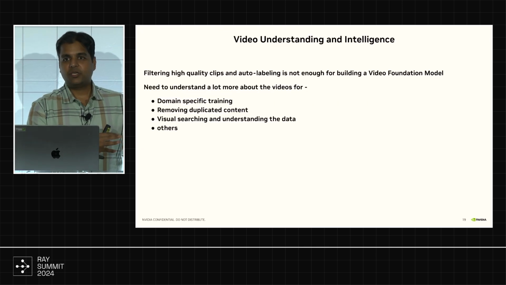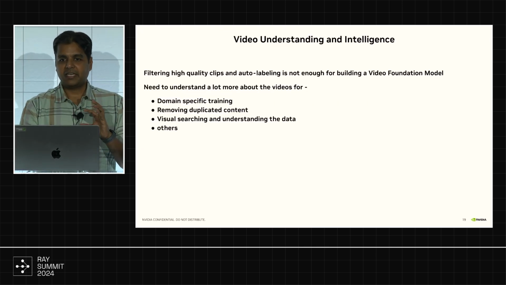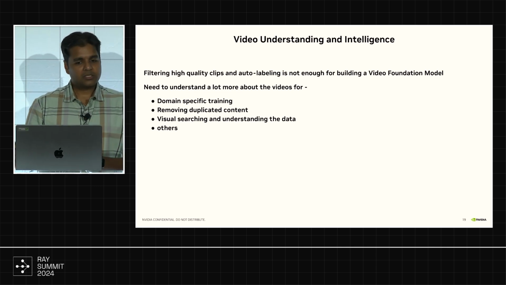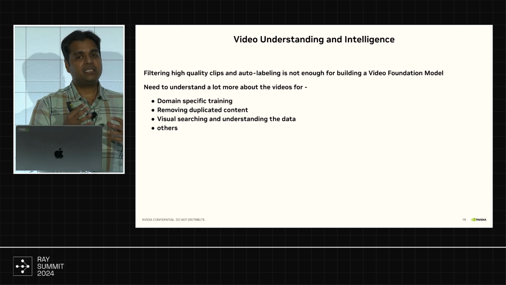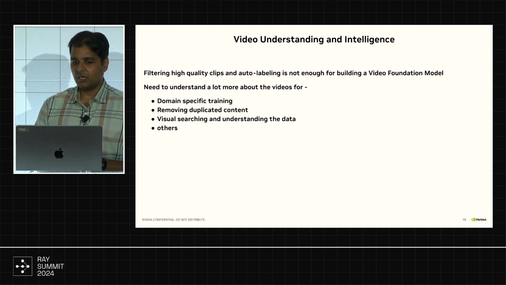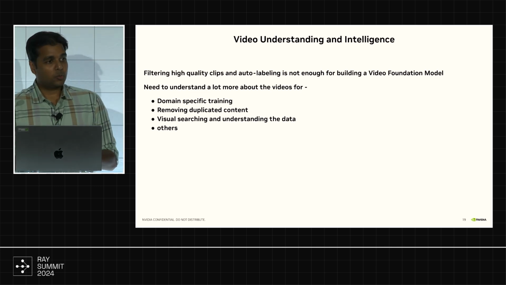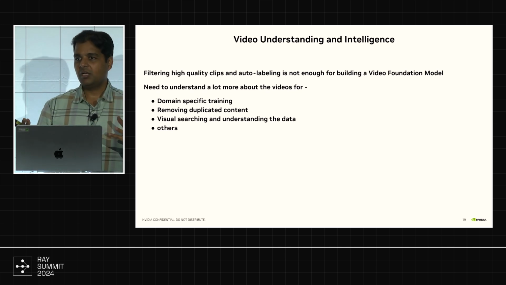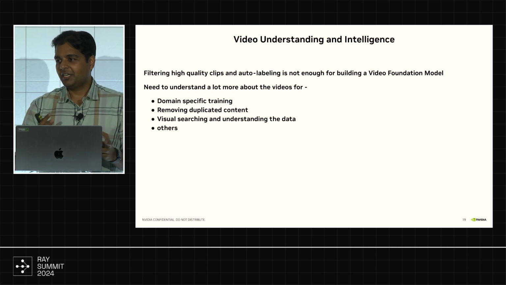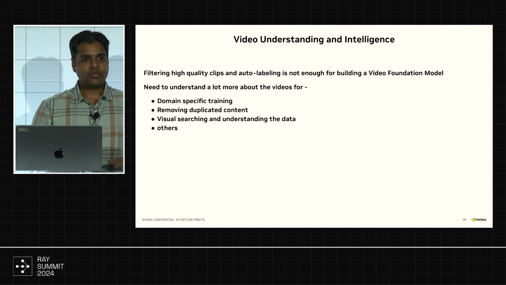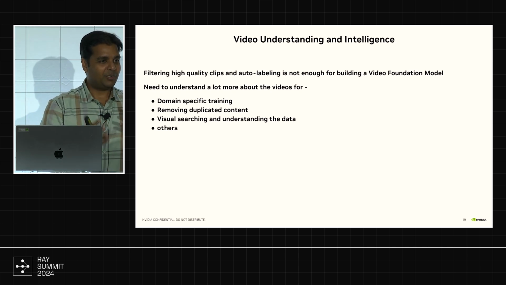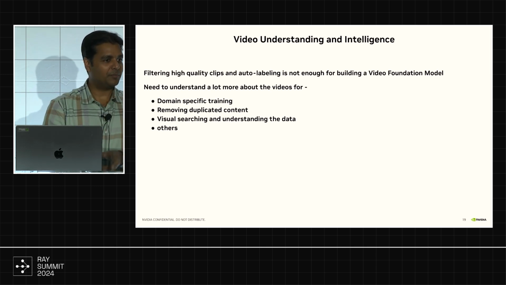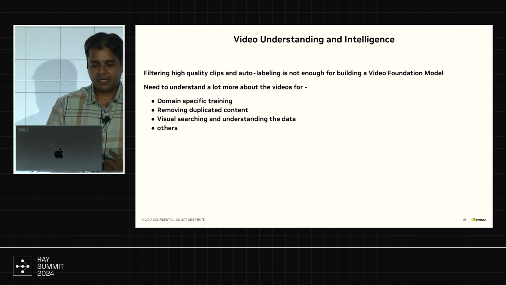So that's the data curation aspect, which is mostly about filtering and then captioning the model so you can train. Just training a model is not enough, or just curating data is not enough to train a foundation model. A lot of things that we need is sometimes domain-specific training. So you might be training, let's say, an avatar model, which has humans who are talking. So you might want to fine-tune the video model on a lot of videos that have people talking, like talk show hosts and things like that. So you need to find videos that are specific to a particular domain. How do you do that, right?